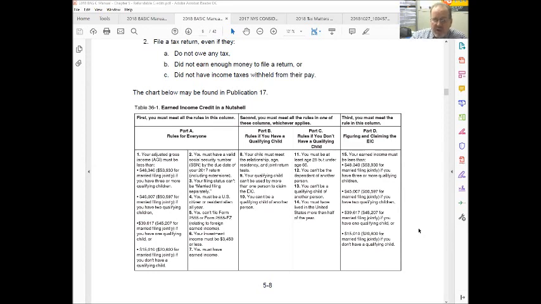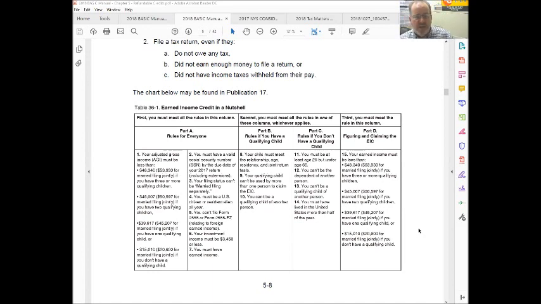You must have earned income. I can't stress that enough. It is earned income. And like I said, that rental income, that unearned investment income of $3,450 or more, would negate it. Part B, for the qualifying child,